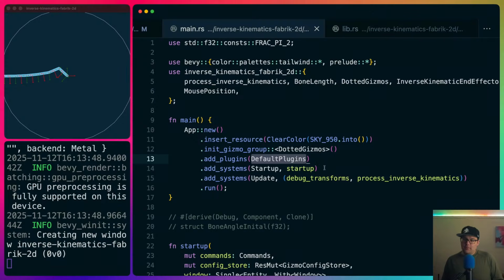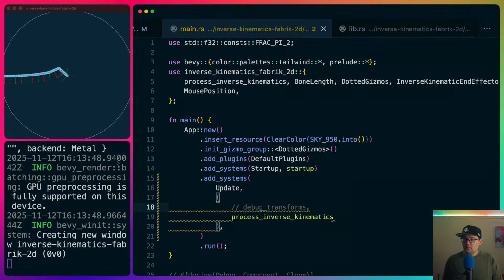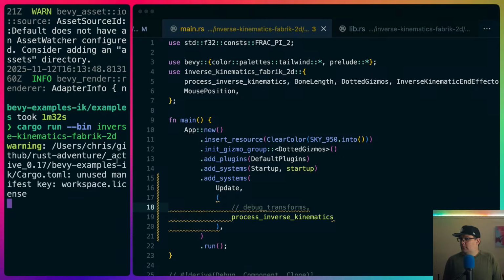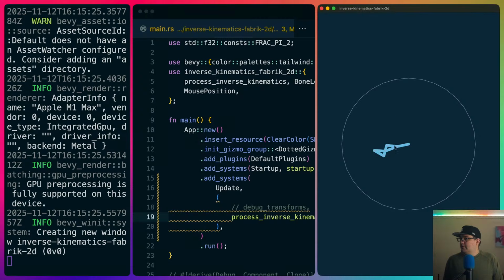So we had the default plugins, we had a startup system to spawn some stuff, and we add debug transforms and process inverse kinematics. Debug transforms is not critically necessary. That's where all the arrows are coming from. Oh, there's no comma on that. I wonder if that'll matter. So this is the actual inverse kinematics without the debug stuff, and you can kind of see the gizmos lined up in there. This is a little bit far away to look at, but